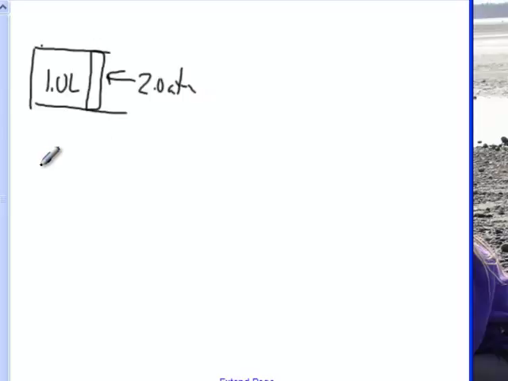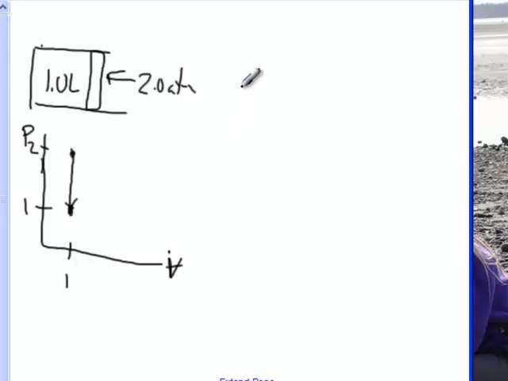Well, let's sketch this situation out. Here's my container. Here's my movable piston. I know in here I have a volume of 1 liter, when the pressure that's on this is 2 atmospheres. Looking at my graph, here's volume, here's pressure. Pressure is 2 atmospheres, relatively high. Volume is 1 liter, right there. Then it says the pressure suddenly drops, so that's a switch to 1 atmosphere. And then the temperature is supposed to maintain